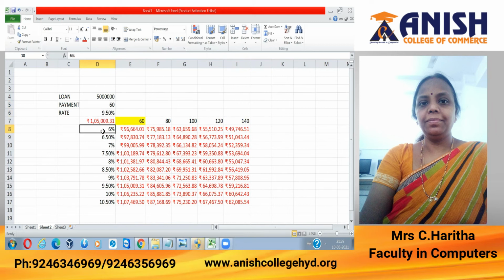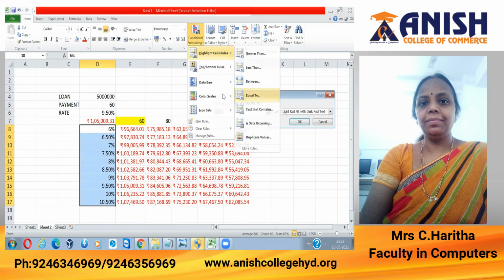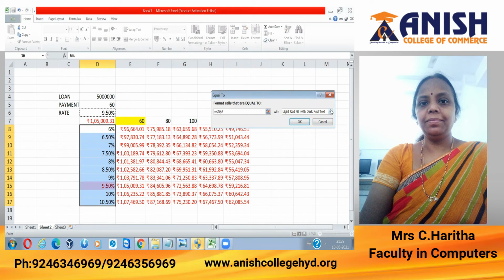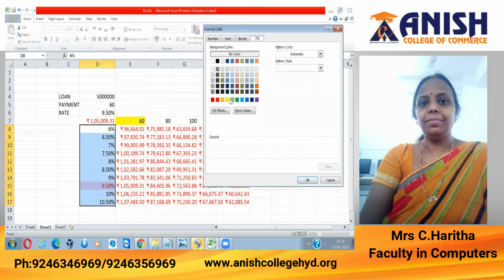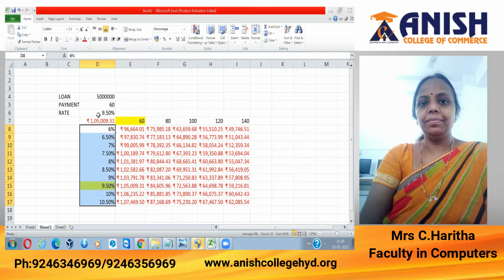Same thing I'll be doing for the rate of interest also. Select the rate of interest, conditional format, highlight the cells which are equal to whatever I select at that value, custom format. I'm just filling the background. So whatever rate of interest I select, that rate of interest will be highlighted.